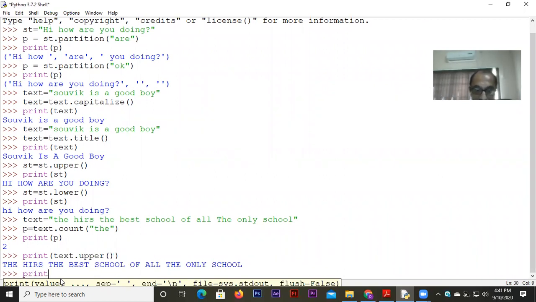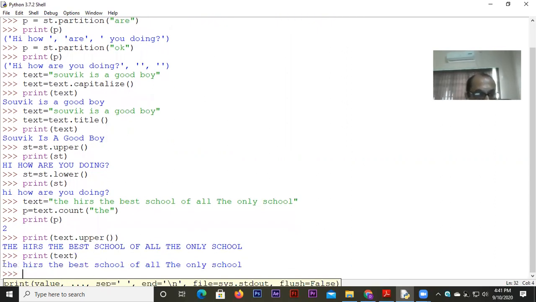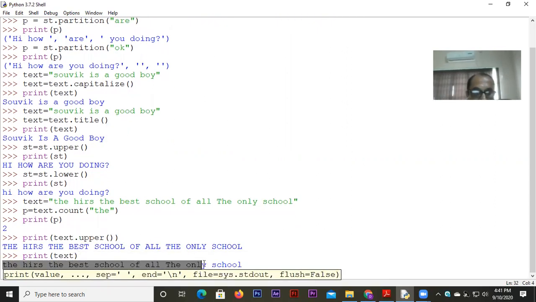But if you print the value of text, look at this, the change has not carried forward to the text. The text remains the same, everything written in small. Here it got capital because I used the upper function, but the change did not get incorporated in the variable text. That will be possible only if I write text equal to text dot upper, but I did not write text equal to. So the change did not take place in the original variable.